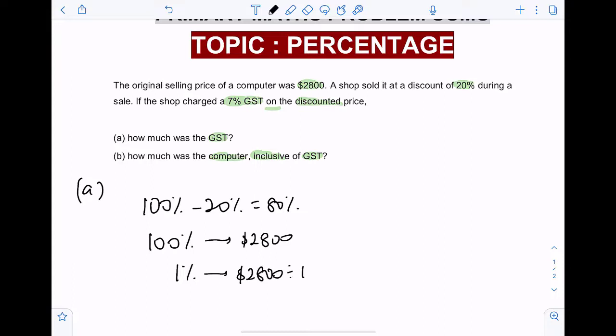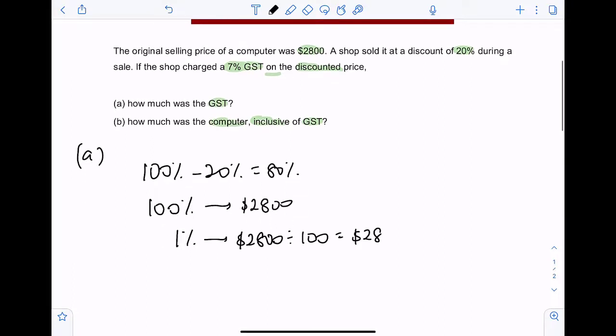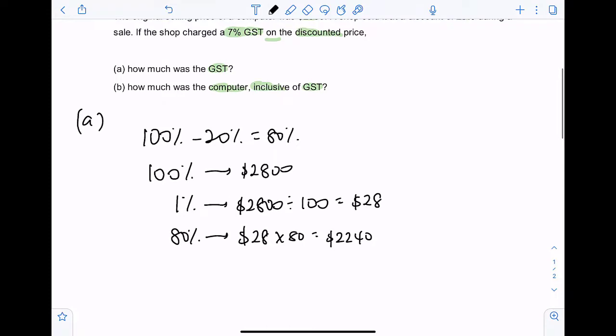2,800 divided by 100, that will be $28, and then we can proceed to find 80%, which is the discounted price. 28 times 80, 2240. Alright, so there is a 7% GST on the discounted price, which means what is 7% of the discounted